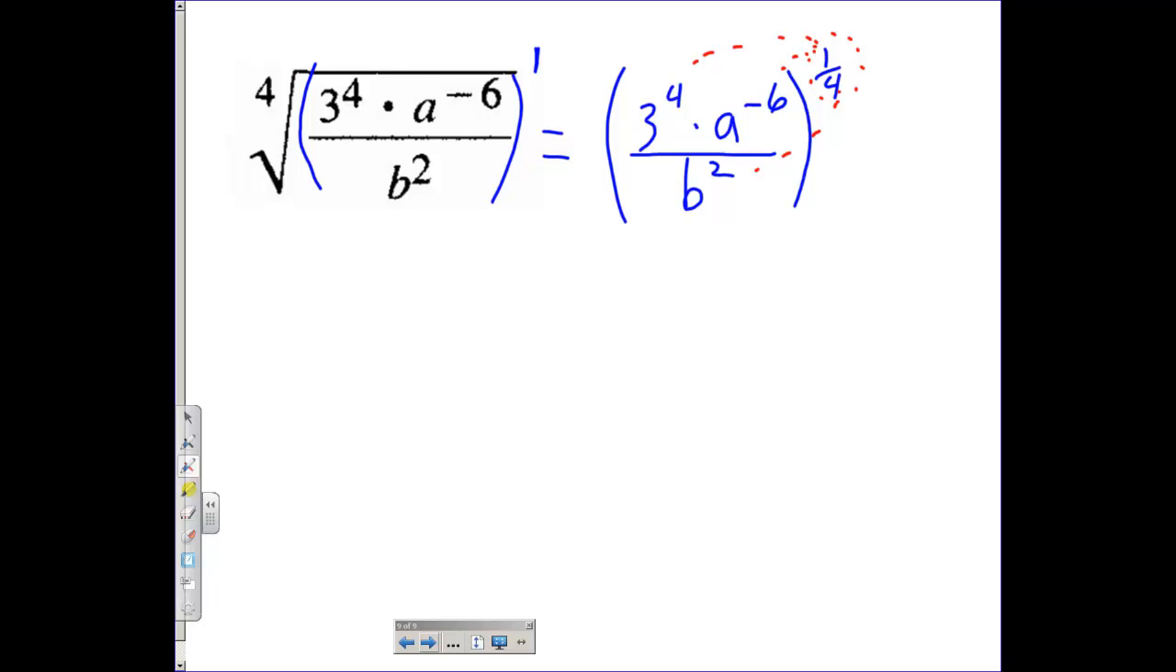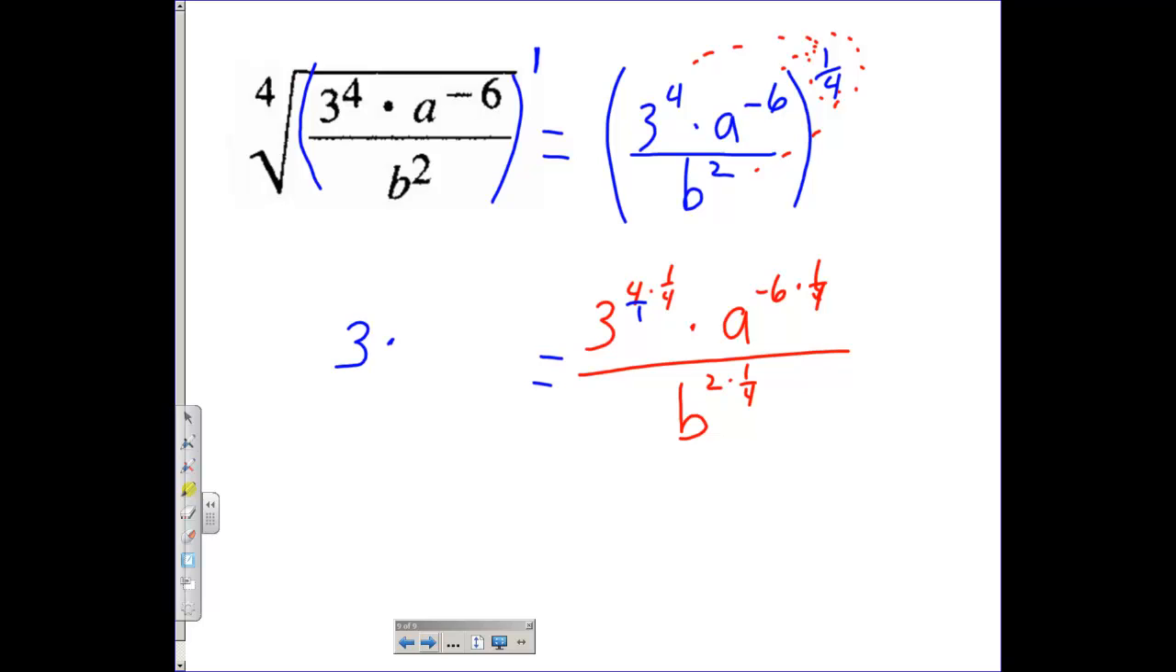So 3 to the 4th gets multiplied by this power on the outside, so does the negative 6 and the 2. So I'm going to write it in long form, so it's going to be 3 to the 4th times 1/4 multiplied by a to the negative 6 times 1/4 over b to the 2nd times 1/4. Now we're going to multiply them together. This is 4 over 1, so 4 over 1 times 1 over 4 gives me 3 to the 1st power, or just 3,